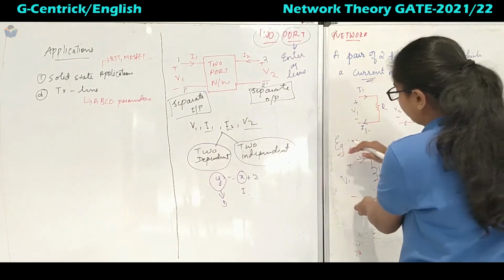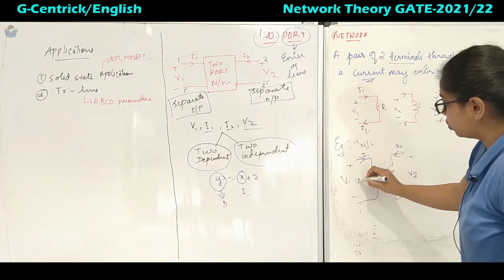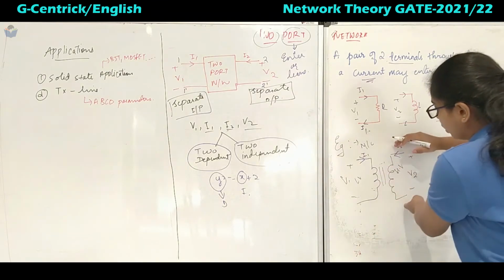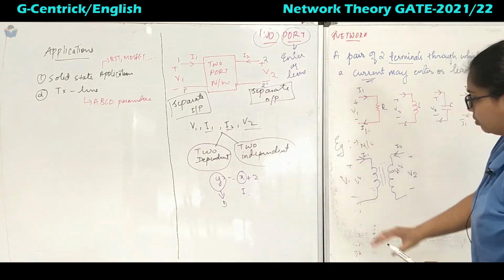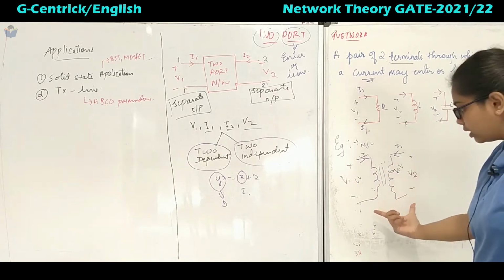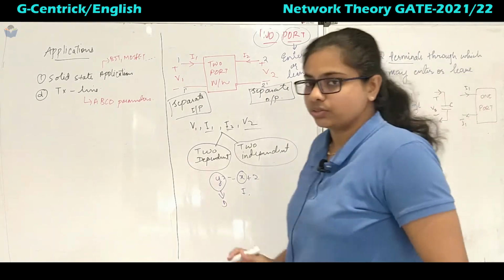So you have a separate input and you are getting some output. If it is step up, this is the low voltage side and this will be the high voltage side. This is the output terminal and this is the input terminal. So it has one pair of terminals here and one pair of terminals here, together two pairs of terminals. So an example for this is the transformer.